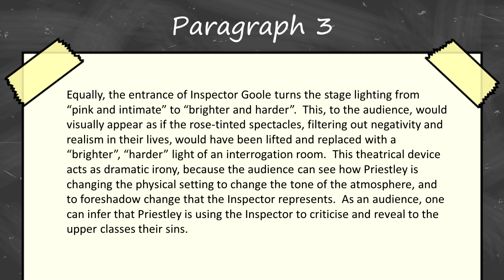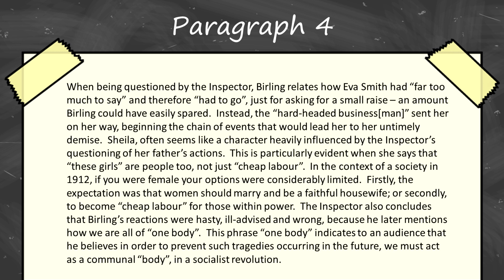As an audience, one can infer that Priestley is using the inspector to criticise and reveal to the upper classes their sins. When being questioned by the inspector, Birling relates how Eva Smith had far too much to say, and therefore had to go, just for asking for a small raise, an amount Birling could have easily spared. Instead, the hard-headed businessman sent her on her way, beginning the chain of events that would lead to her untimely